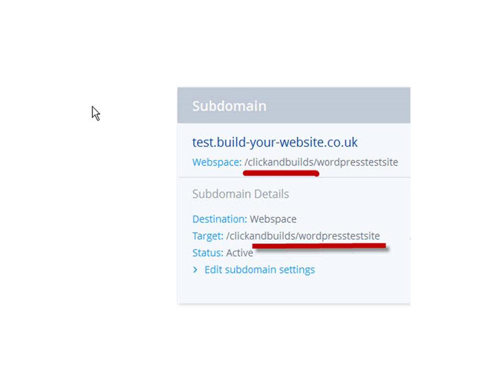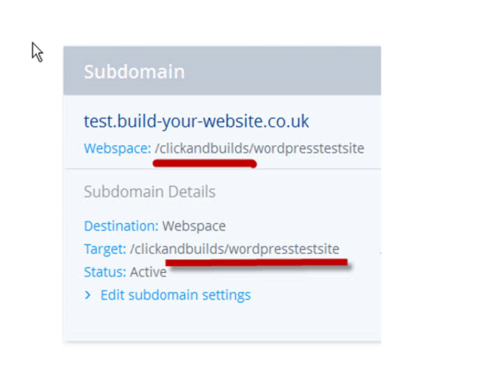And I've just gone on to the subdomains, and if I look at the test subdomain now, you can see it's pointing to a totally different directory than it was originally. It's the click and build directory, and the subdirectory here is called WordPress test site. It's actually taken from the name of the site that I gave it earlier on,